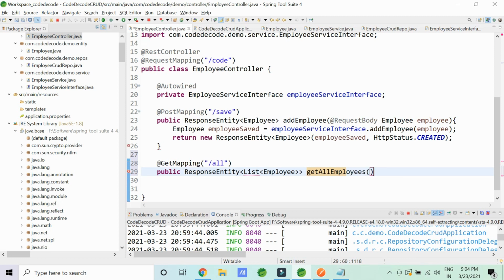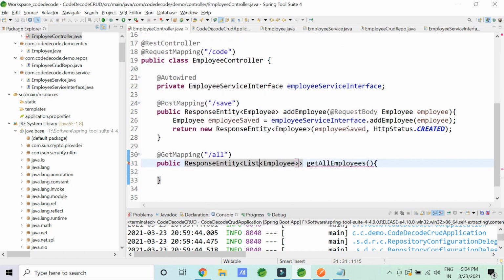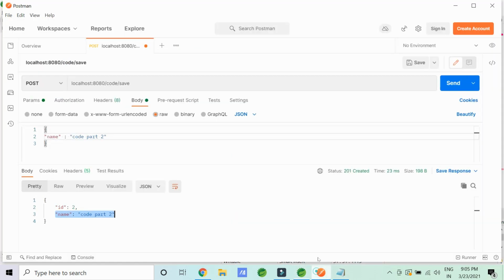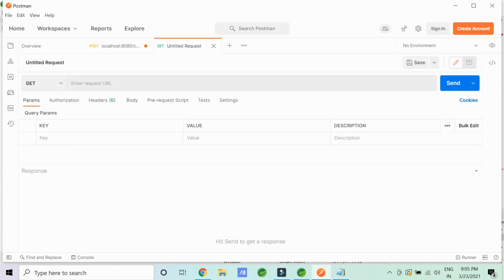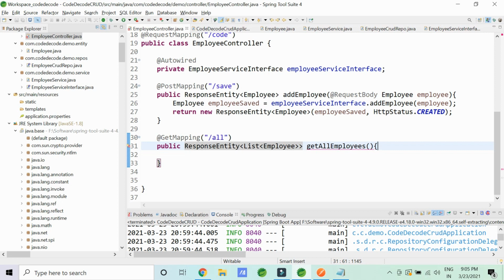Now I'm not going to take anything as a request body because it's just a get mapping. Nothing is going to be coming into the request body of the HTTP request. So this is going to be empty basically, right? So let me quickly create a new request for you. We're going to write a new request here. First, let's create a whole end-to-end structure for it.